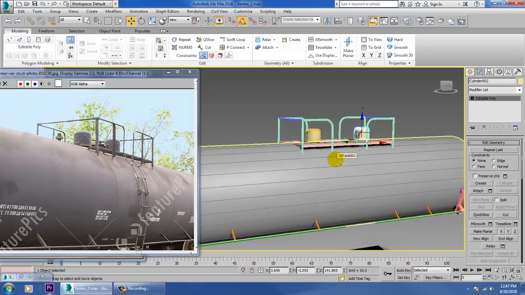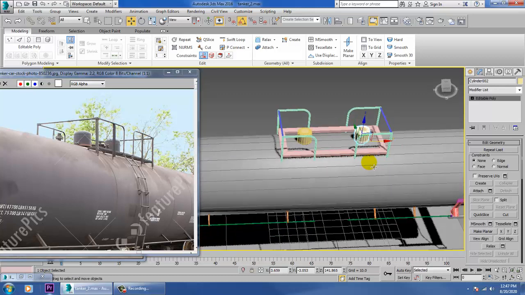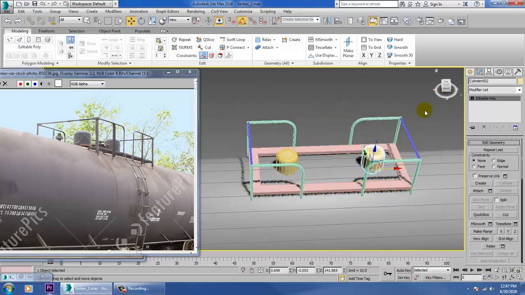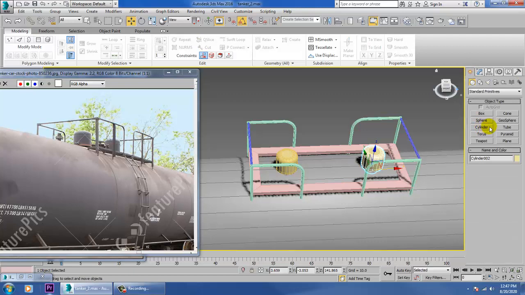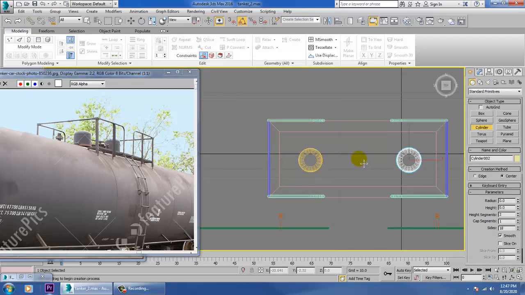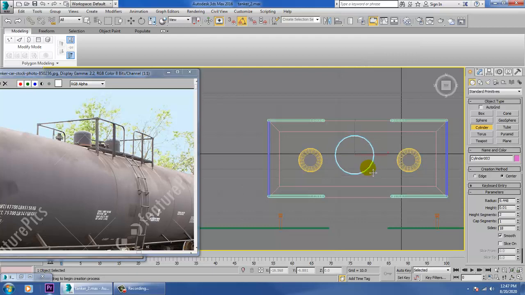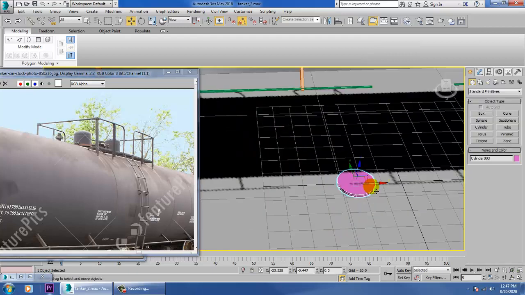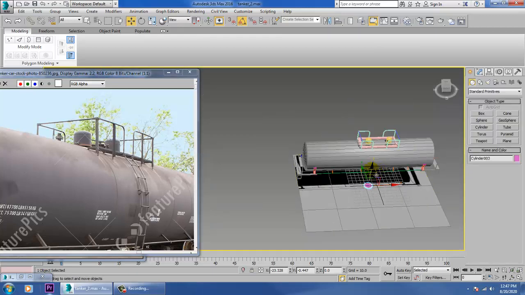Now what we'll be doing is creating one opening over here, that part. So again we'll be taking one more cylinder on the top over here. So just push that up.